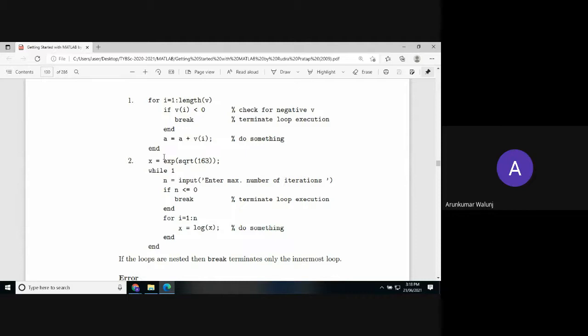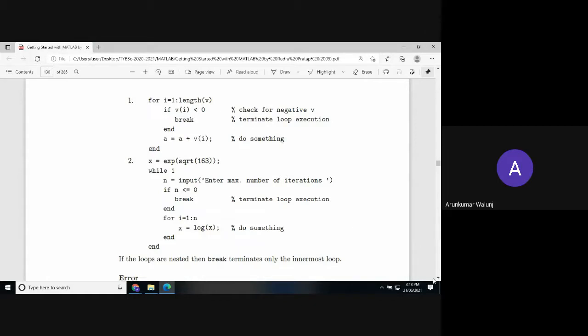If v(i) is less than 0, then it will break the loop intentionally. So soon after this condition is true, it will break the loop. Otherwise it will calculate a = a + v(i), do some computation, and it will end. So this end has to be there corresponding to this for.